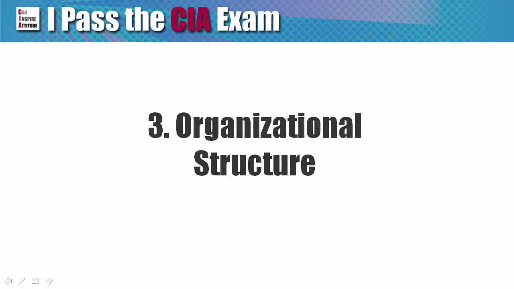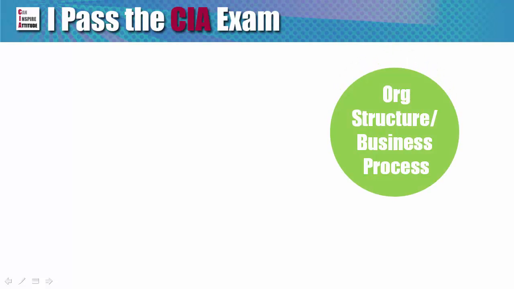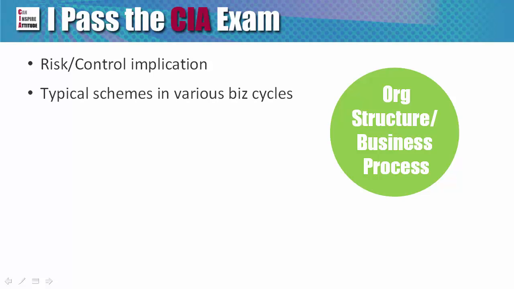Number 3. Organizational structure, business processes, and risk. This is one of the core subjects, representing 15 to 25% of Part 3. Major topics include risk control implications of different organizational structures, typical schemes in various business cycles, such as procurement, sales,